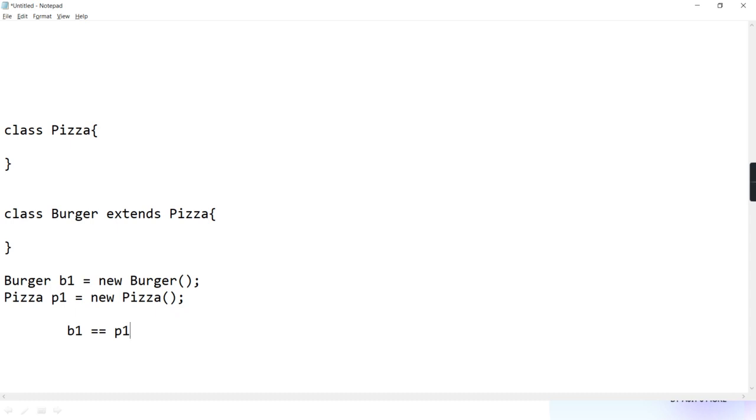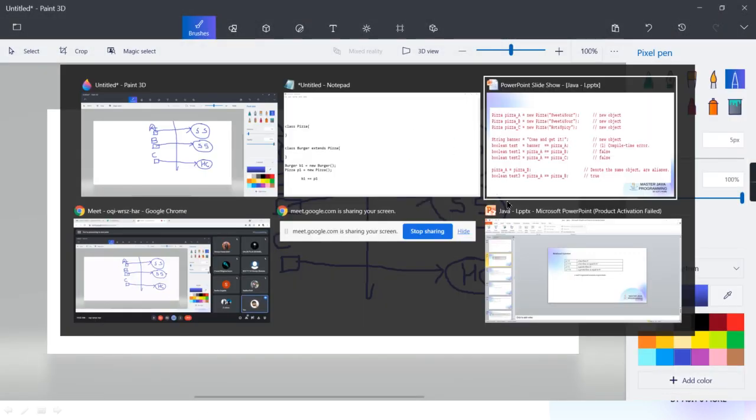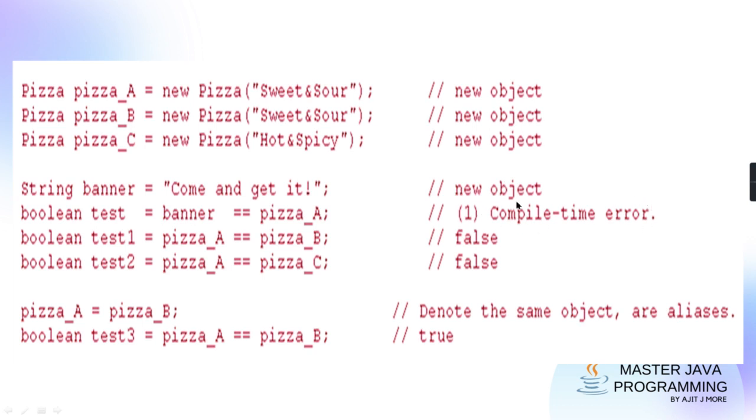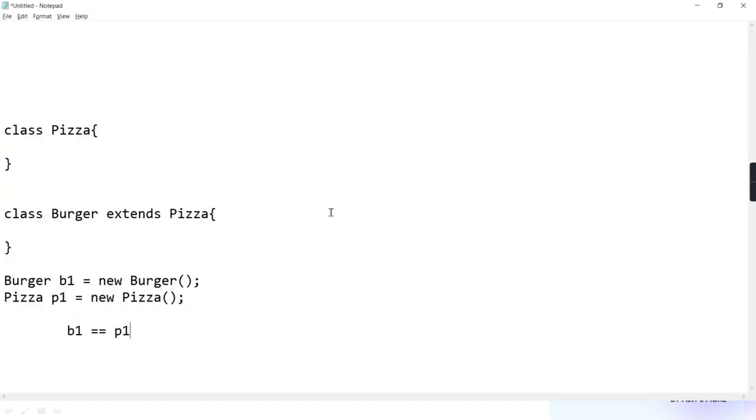Answer may be false, that is different case. But is it compatible? Means will it give a compile time error? Such incompatible error which was coming here. Getting? Such error will come or will not come. Please answer me, guys. No. The answer will come true or false. That is different case.